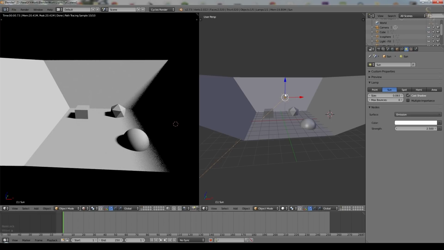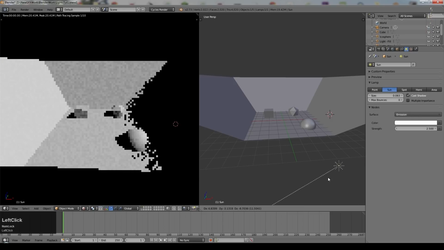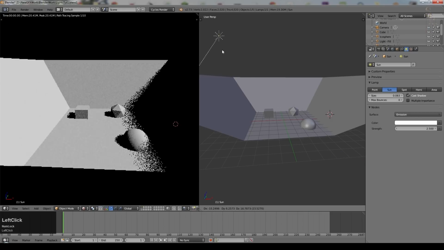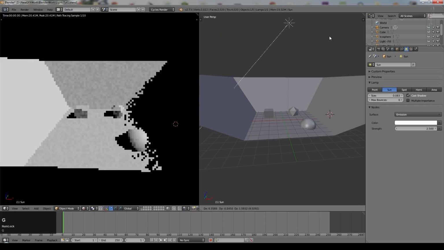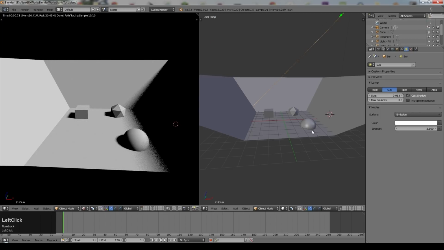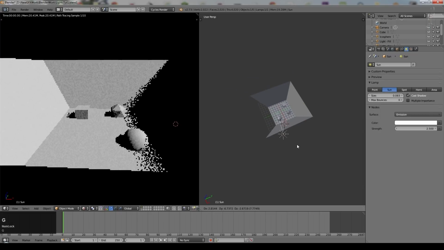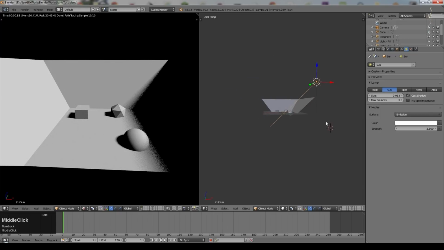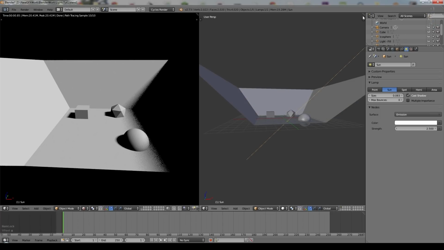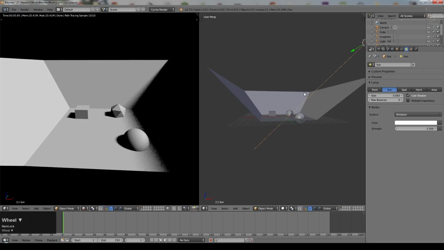So what we need to remember is that with the sun lamp, it doesn't matter where it is in the scene. So I can put it down here, up here. You can see no effect. It's re-rendering, but no effect on the shadows. The only thing that affects the shadows from a sun lamp is the rotation of the sun lamp. Because in reality, this is simulating a sun that's at infinity. So they are effectively horizontal rays. They don't expand out as they leave the sun lamp.